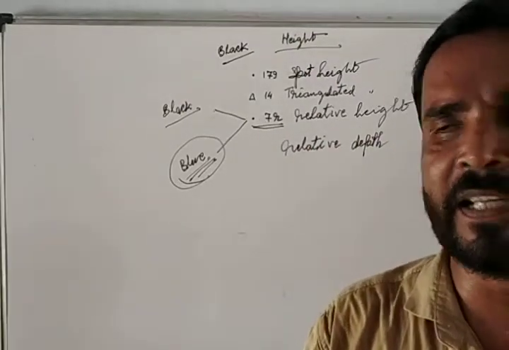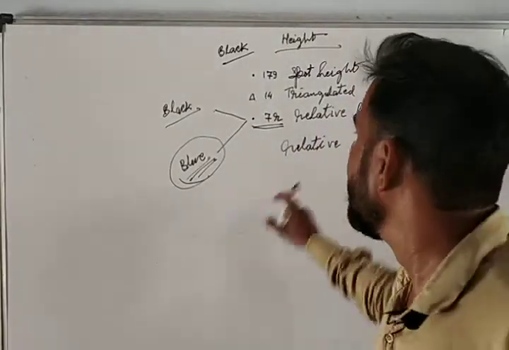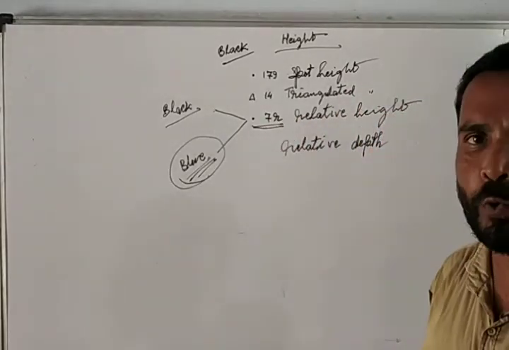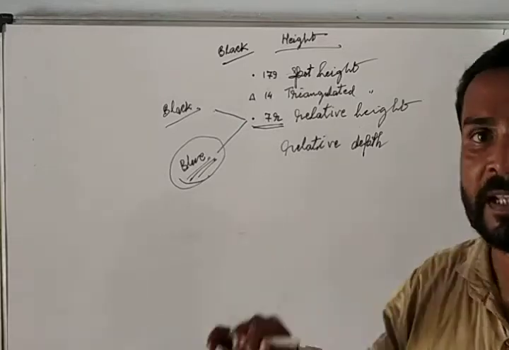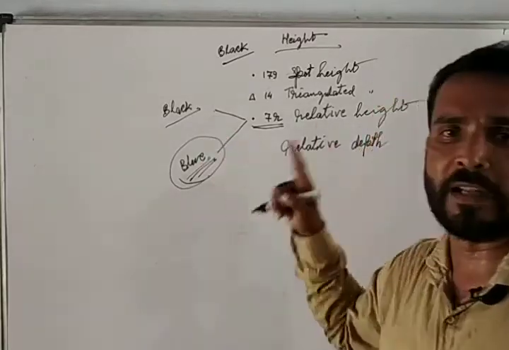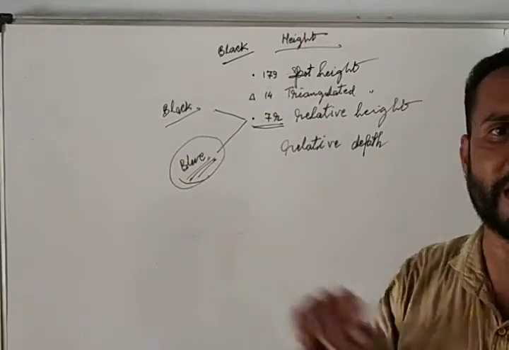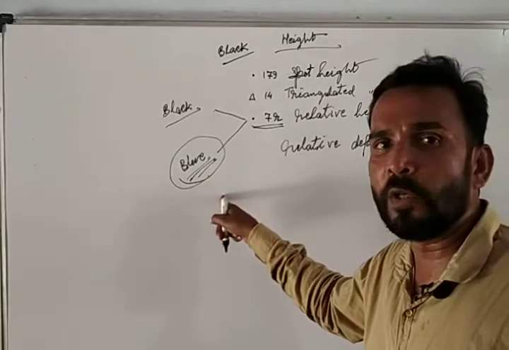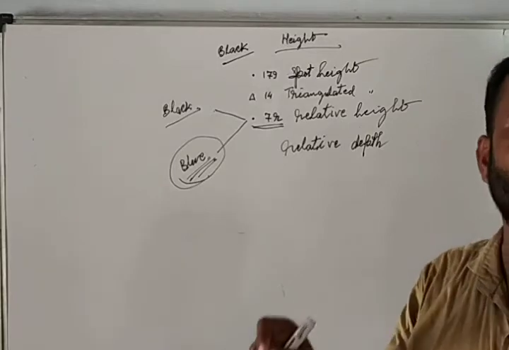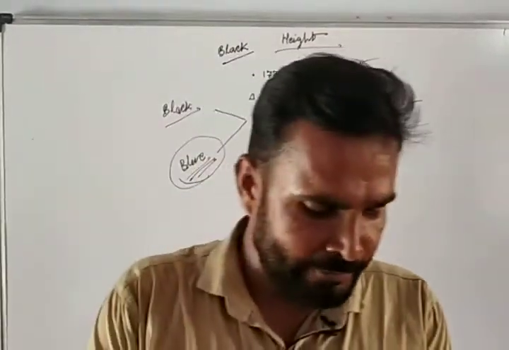It will be given generally in the river, wherever the depth of the river from the surrounding areas is, say, 7 meter. So this 7r can be represented in two ways, 7r, 5r, 3r, whatever it is. It can be represented by two colors, black and blue. If it is given in black color, you will write it represents the relative height of 7 meter. Or if it is given in blue color, you will write it represents the relative depth of 7 meter. Okay. So these are the two things we have discussed.